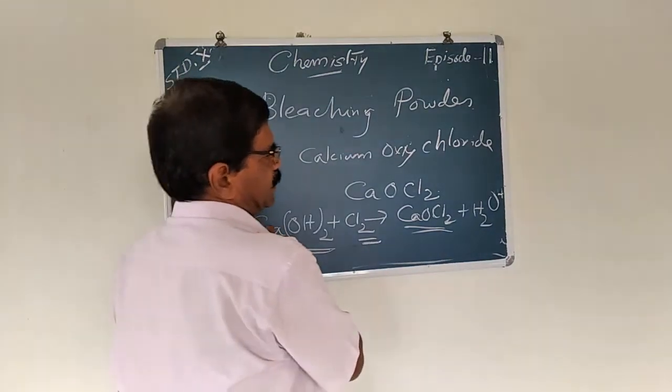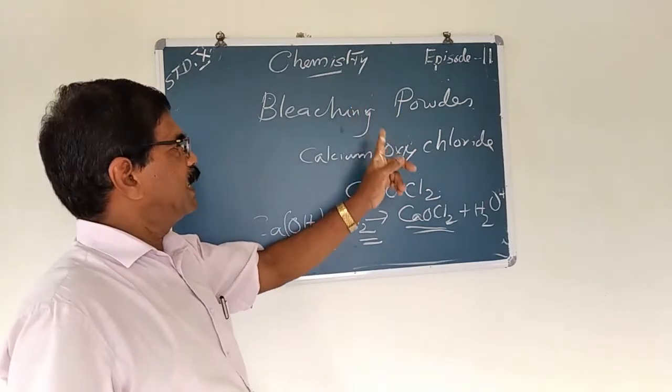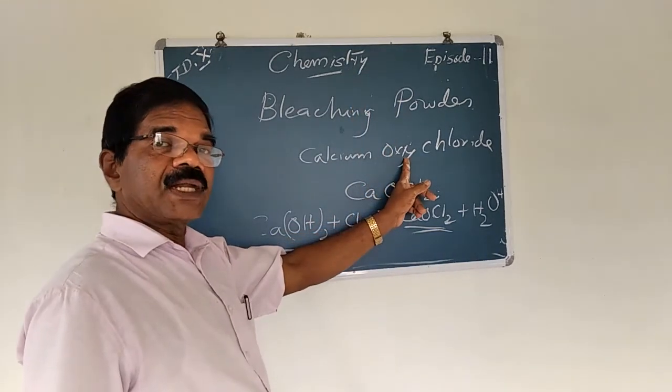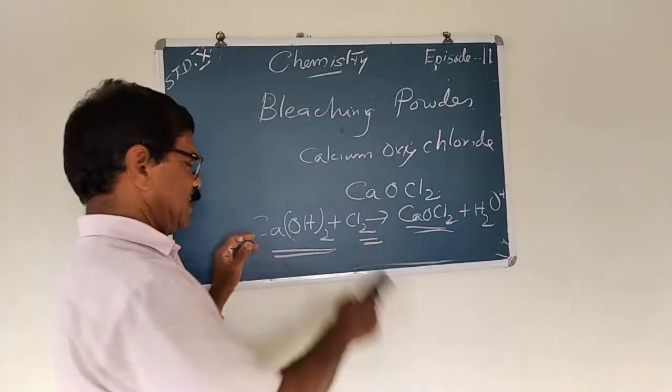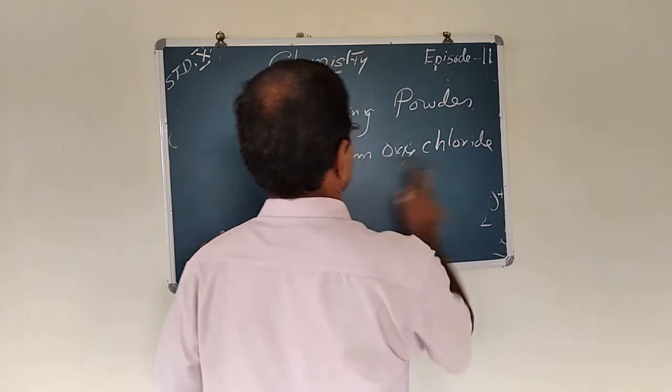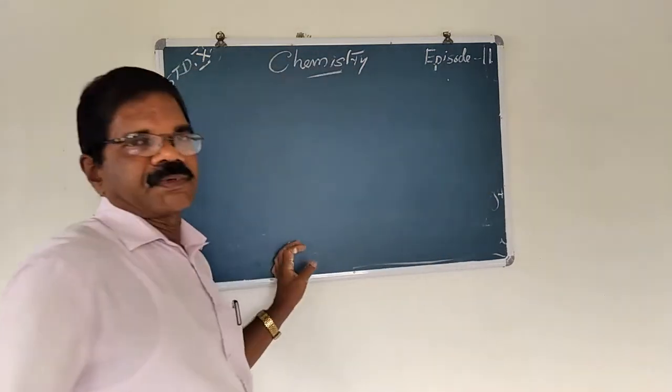Bleaching powder is the common name. Chemical name: calcium oxychloride. Chemical formula: CaOCl2. The next product is